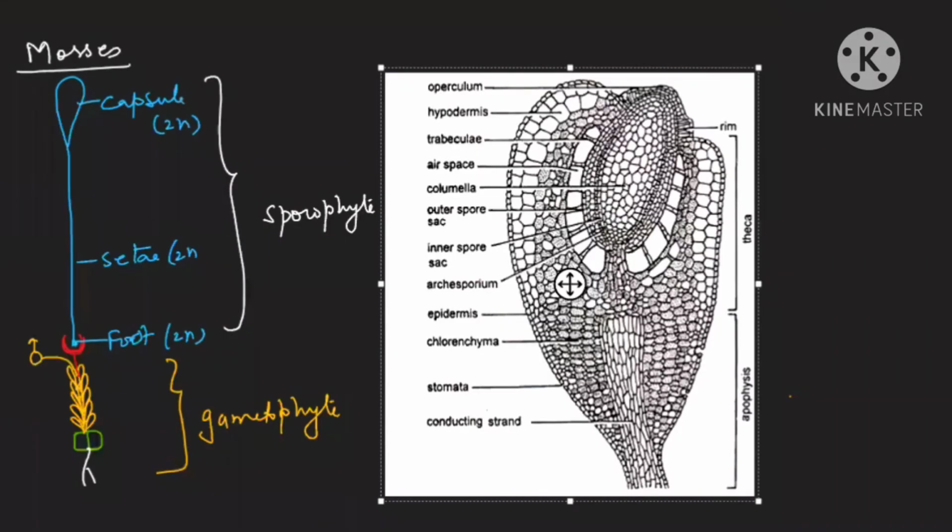Now see the structure of the capsule. This is only capsule of this, okay? This part elaboration I'm doing. I'm explaining you this part here. See, this is having two parts. Lower part is known as apophysis and upper part is known as theca. Okay? And if you see here, you are finding these are your spore sac. Check carefully, you are finding spore sac. Locate carefully, these are your spore sacs. This side also and this side also spore sacs are present.